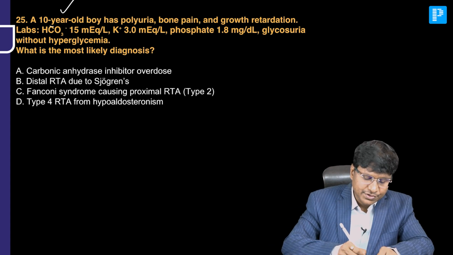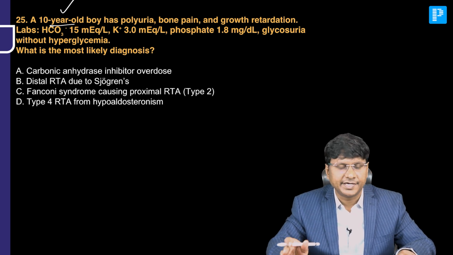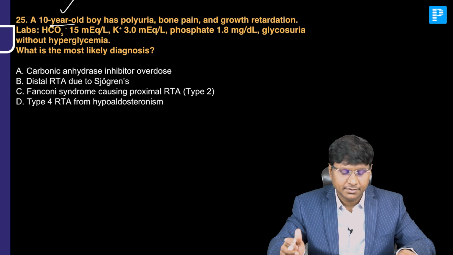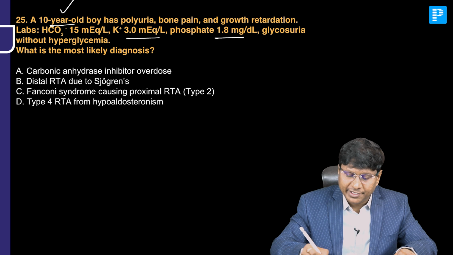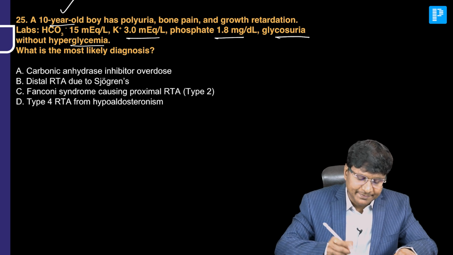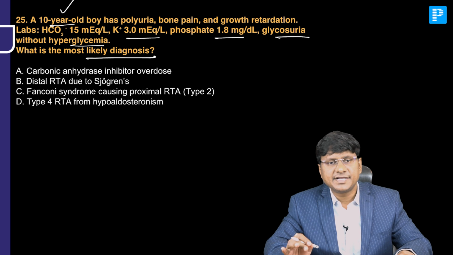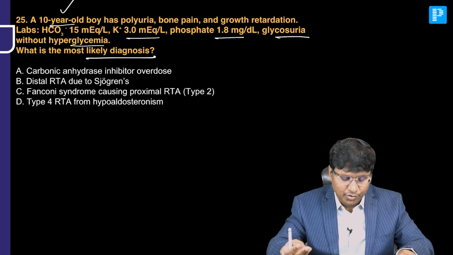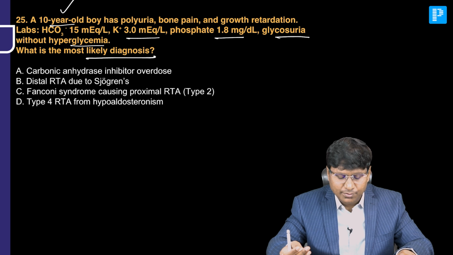So next question, if you see, a 10-year-old boy has polyuria, bone pain and growth retardation. Labs show bicarbonate of 15 milliequivalents per liter, potassium 3 milliequivalents per liter, phosphate 1.8 and there is glycosuria without hyperglycemia. What is the most likely diagnosis in this patient? Carbonic anhydrase inhibitor overdose, distal renal tubular acidosis due to Sjogren's, Fanconi syndrome causing proximal renal tubular acidosis, type 4 renal tubular